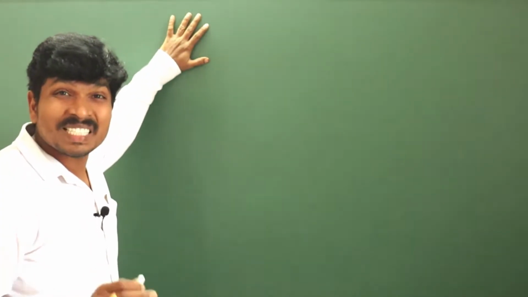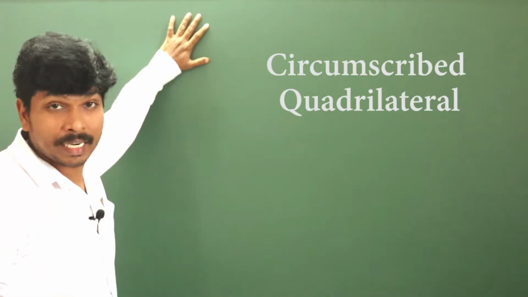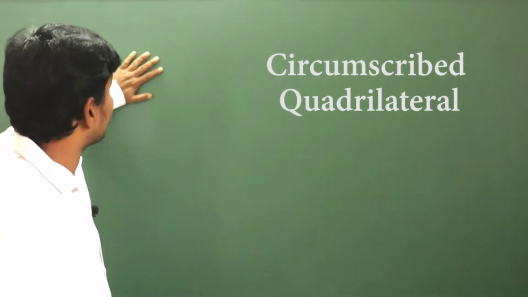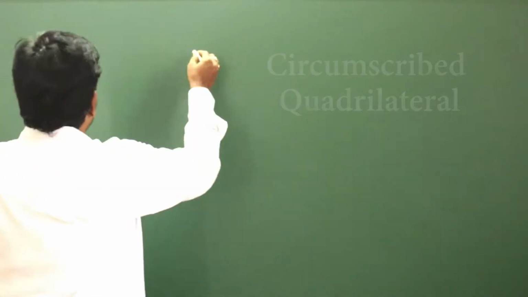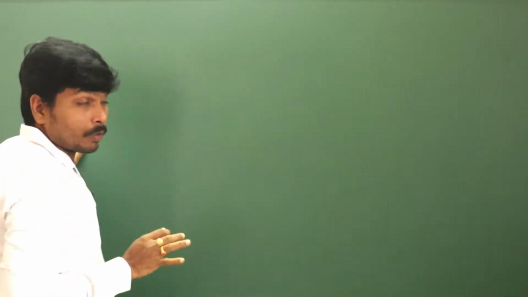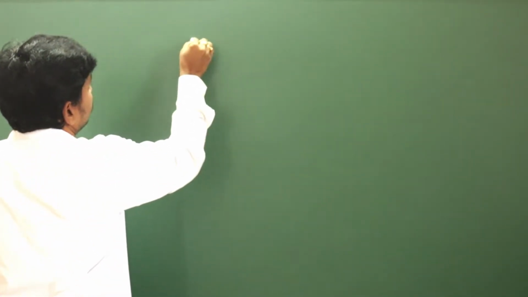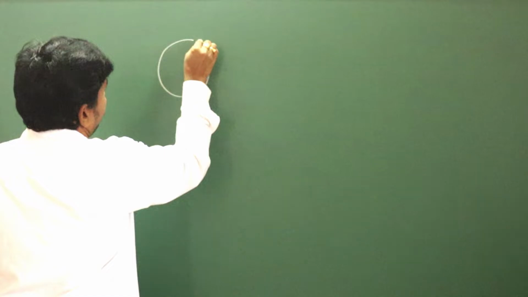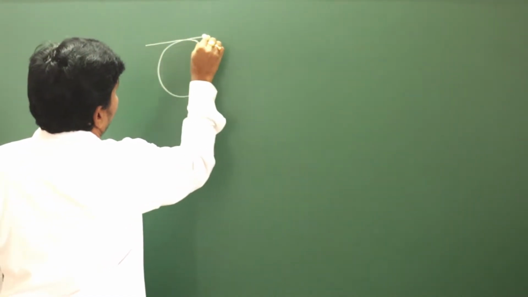Do you know circumscribed quadrilateral? What is the meaning of circumscribed quadrilateral? See, I am drawing a circumscribed quadrilateral. Observe here. It is a circle. If any quadrilateral,